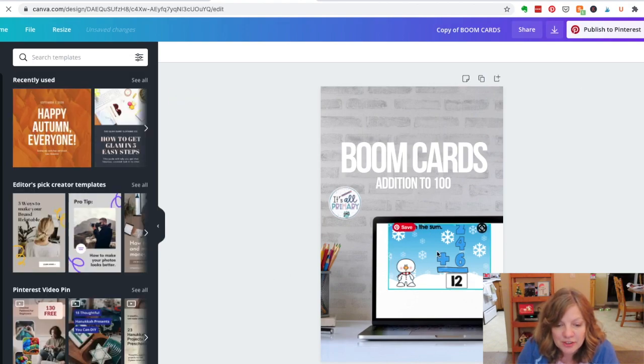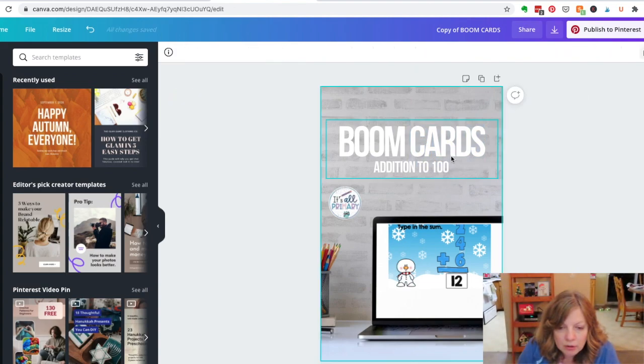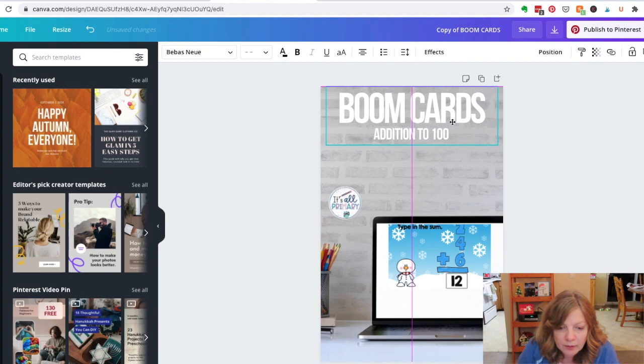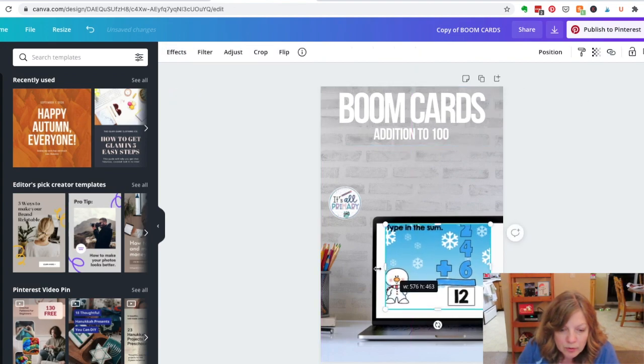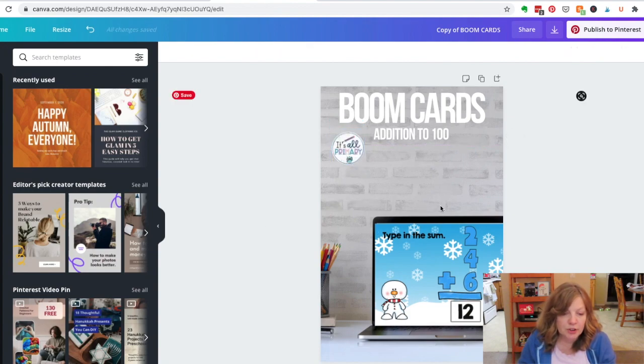So here it is. Now as you can see, it's a little bit off. So all I need to do, now this is again, oh, it's not locked anymore. So I'm going to move that up there. I'm going to move this a little bit. Whoops, let's do that. But there, look how fast that was to do a pin. I could put more information here if I wanted to. Right? It's that easy. This has saved me so much time. It will save you hours